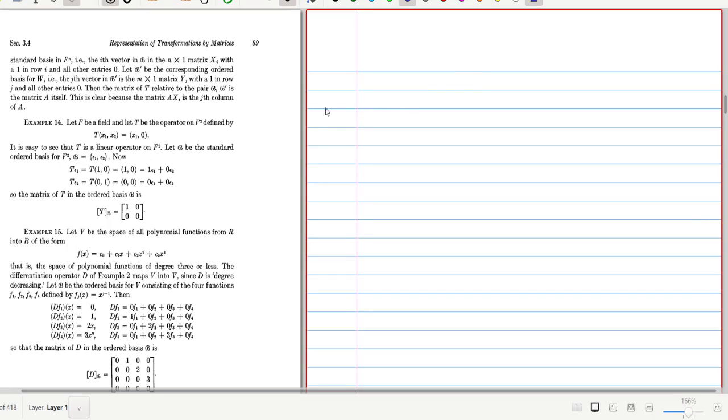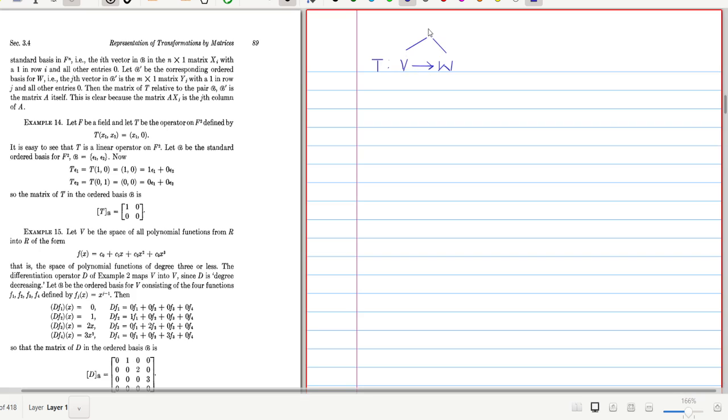Hi all. In the last classes we have discussed how to represent a linear transformation T from V to W using a matrix, or what is the matrix representation of that. I'll remind you that again. This V is the vector space and W is